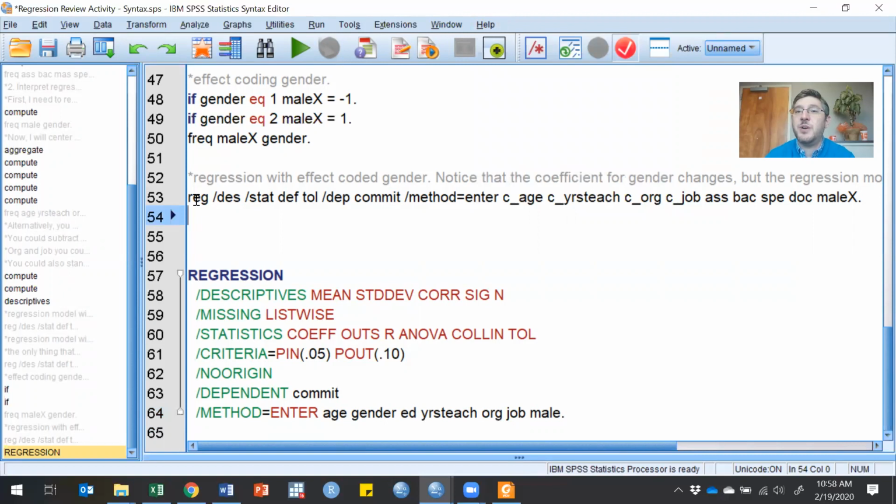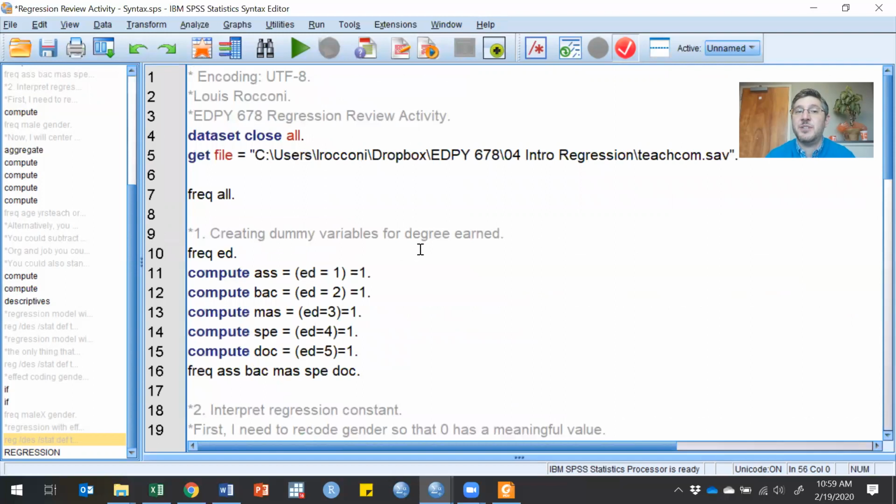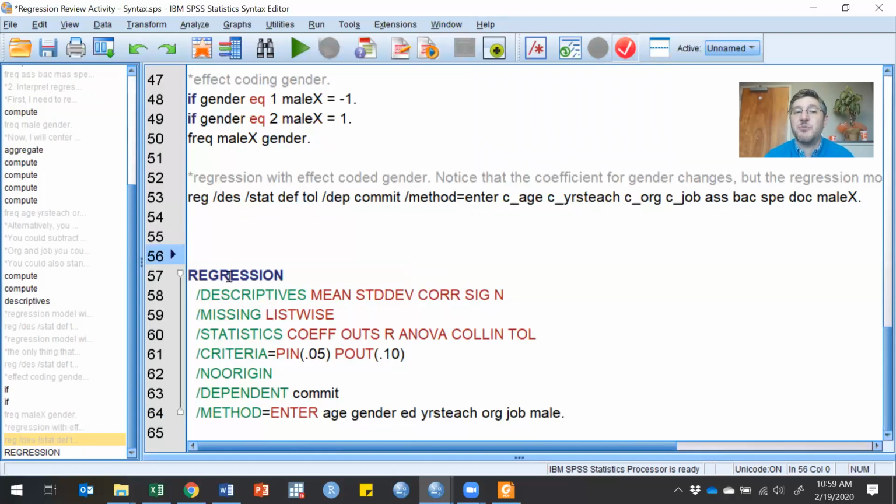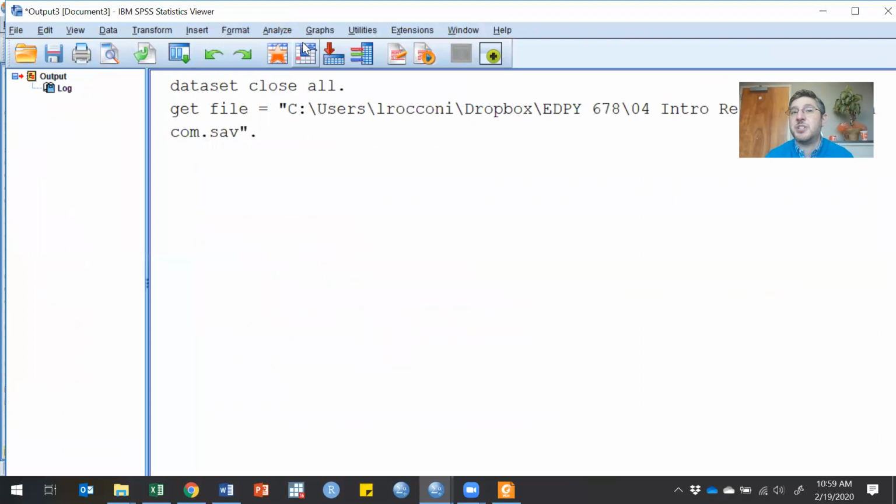You can also abbreviate some of the regression commands, and that's what I've done here. So you do reg, there's the descriptives command, there's my statistics subcommand here, and I've asked for just the default statistics and then the tolerance values. There's my dependent variable, and here's my independent variable list. So you can also abbreviate some of your syntax as well. So I'm just going to run this regression analysis, and we're just going to talk about